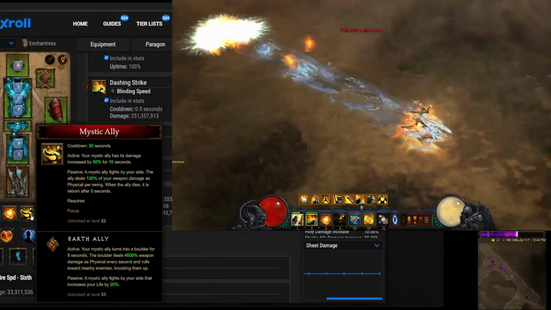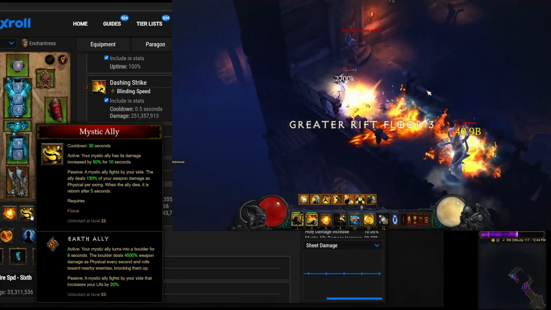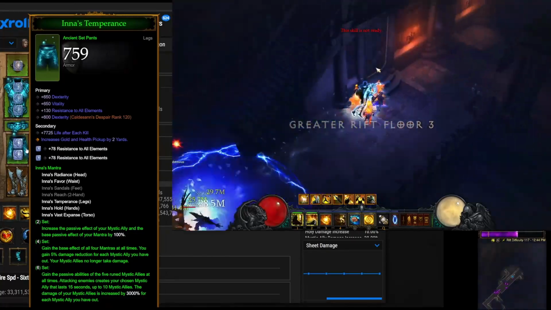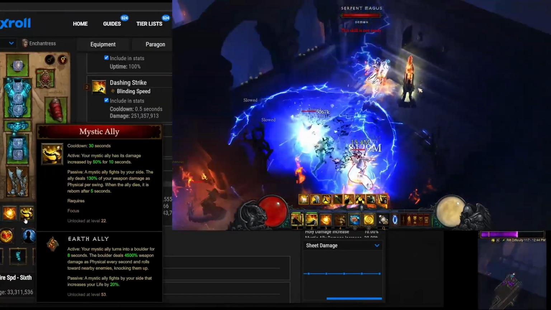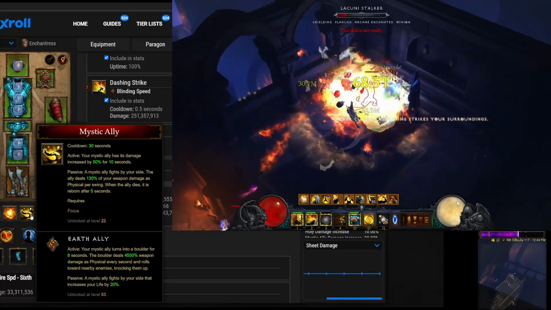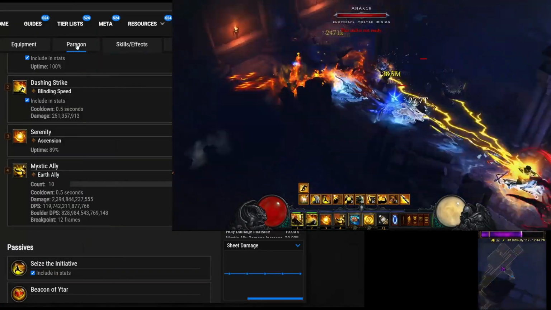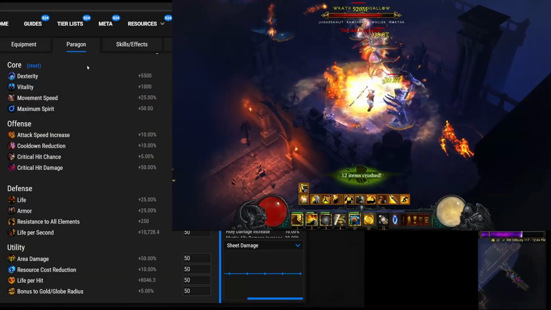So the bonus from Earth Ally, passive Mystic Ally, gives you 20% life. This is doubled once from the 2-piece Inna's bonus. And then it's also doubled again because we actually have 2 Mystic Allies. So you're actually getting 80% life. And not just that. Having the extra vitality on gear, and a little bit from Paragon